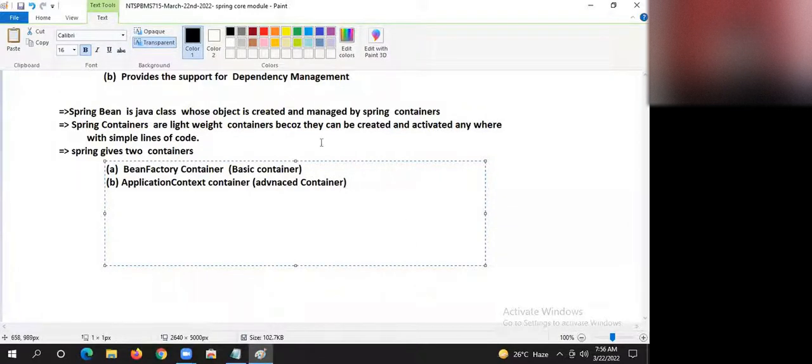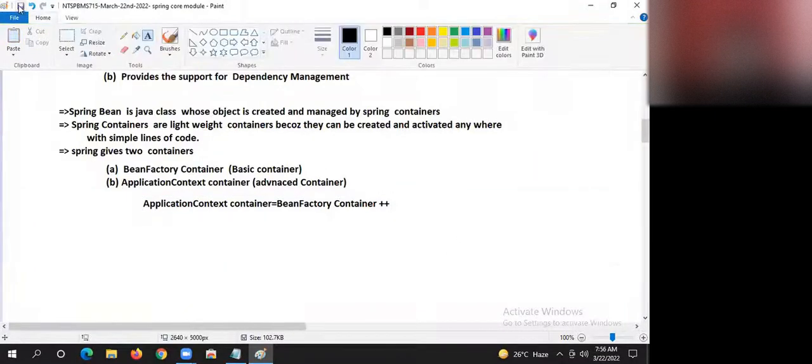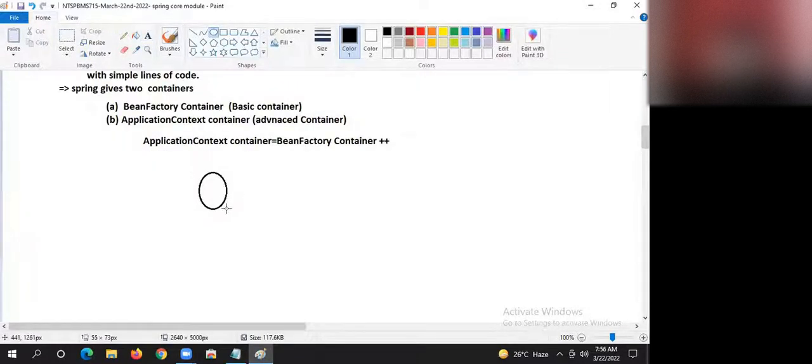Got it? Application context container is equal to bean factory container plus plus. In fact, application context container is the extension of bean factory container, guys. Are you getting my point, guys? If you feel this is the bean factory circle, the second one is the application context circle, guys.